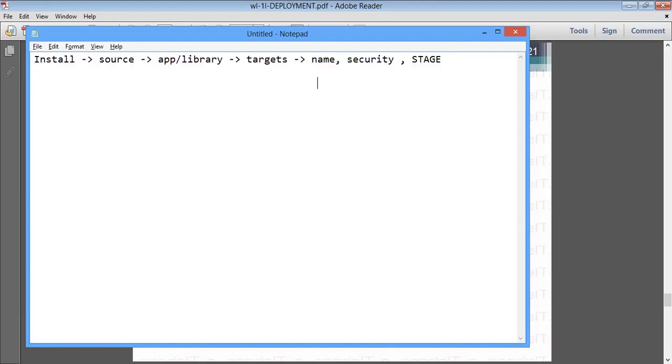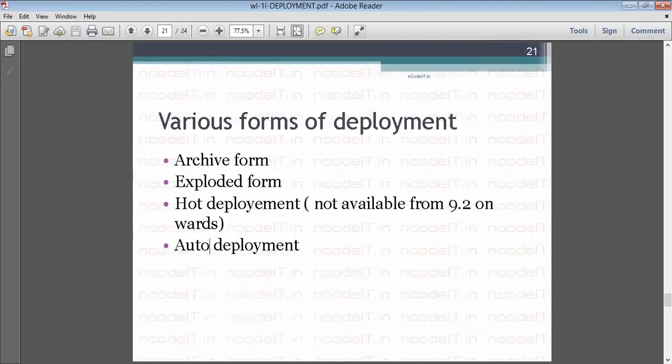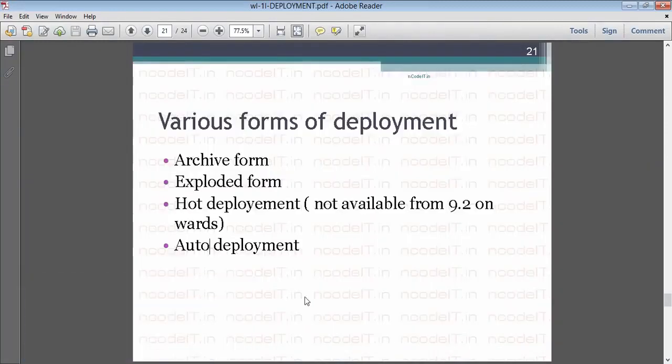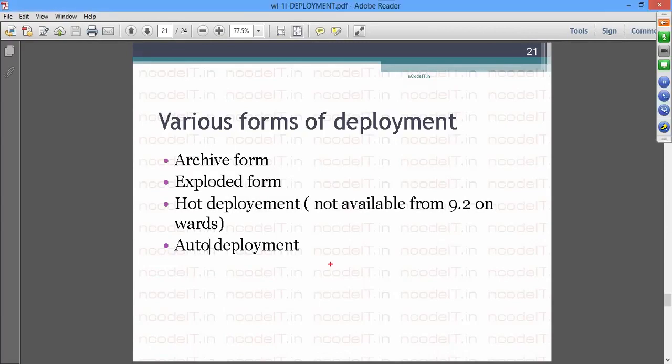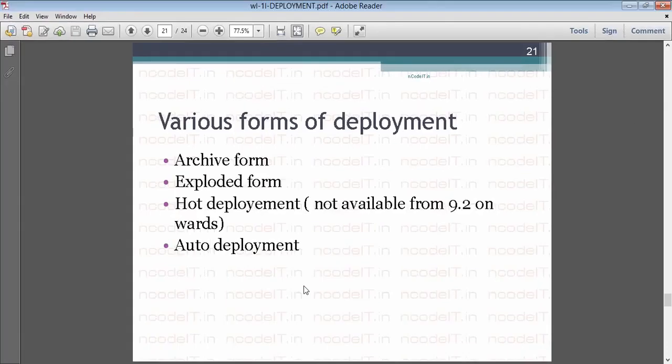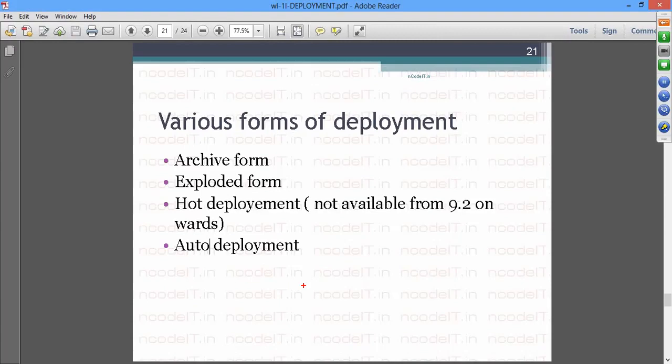What it says is you take a file and copy it into a directory. And what directory are we going to be copying it into? You will copy it into the domain home autodeploy directory. What it says is anything you copy inside it